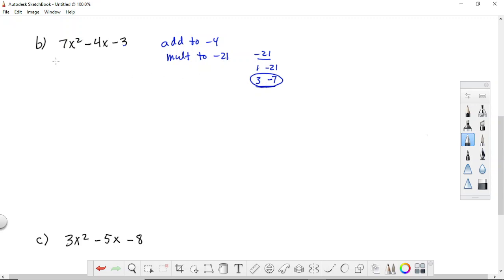So here we go. 7x squared plus 3x minus 7x. Split the middle, right? That adds up to negative 4x. And then minus 3. And then, now that we split the middle, we can factor these two